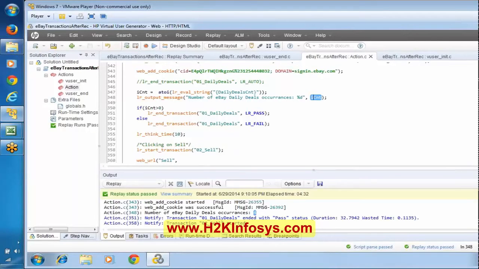Now I was talking about, say, if this particular transaction failed. Assume this is the login transaction. If this transaction failed, I want to continue with the next iteration. In that case, there are some options available here.